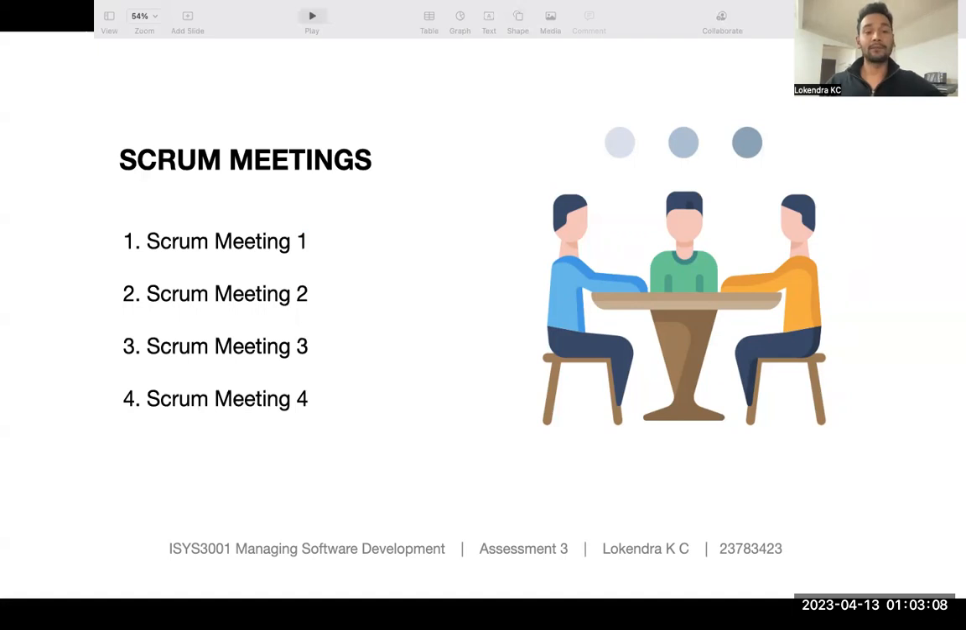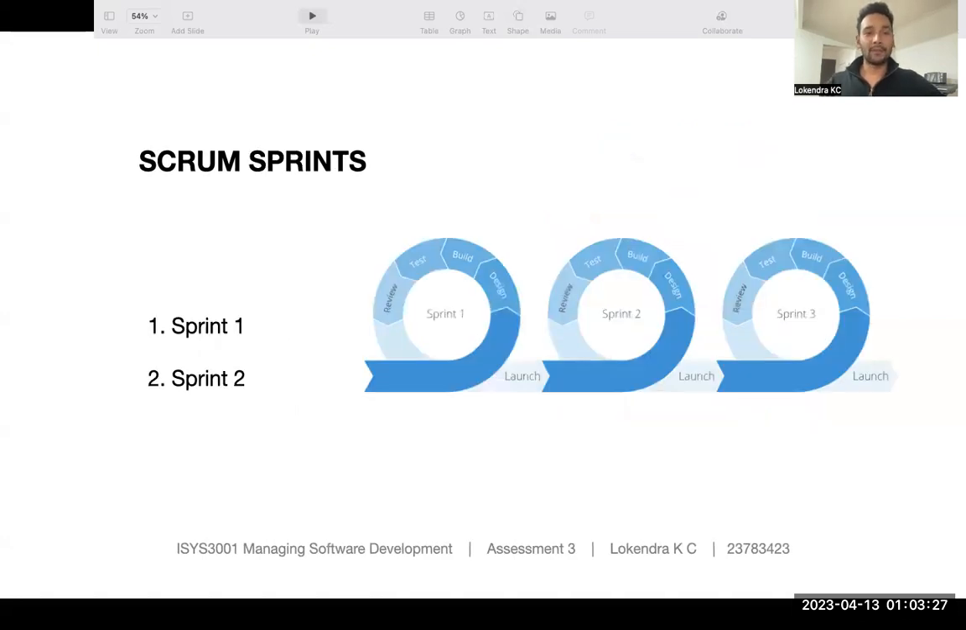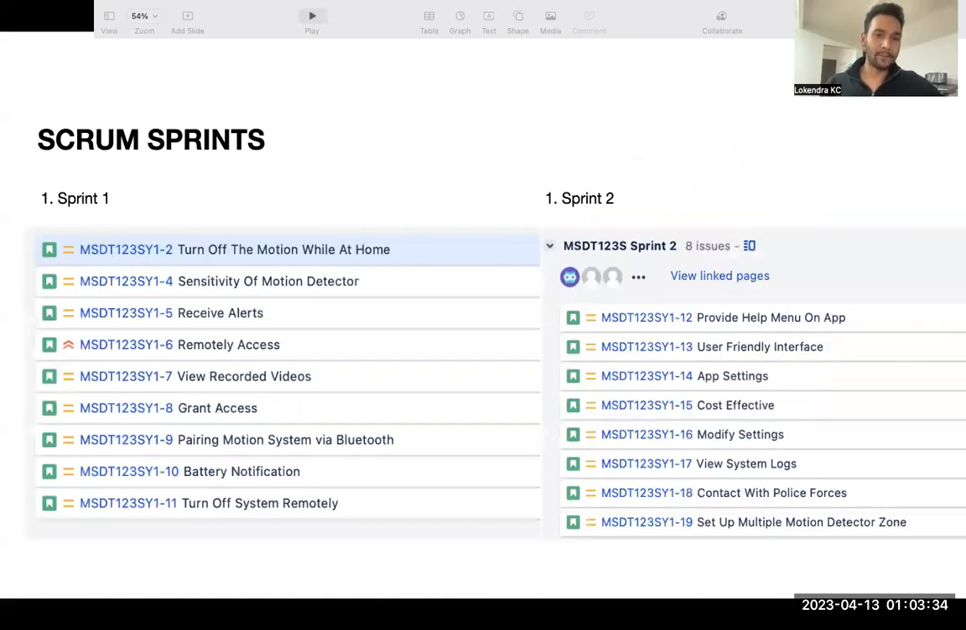So third meeting, we had to complete the task for the sprint or get feedback from the stakeholders. And the fourth one, we had to make sure that if there is any improvement needed, it has been fixed. So on the sprints stage, we created a number of sprints, like sprint 1 on,